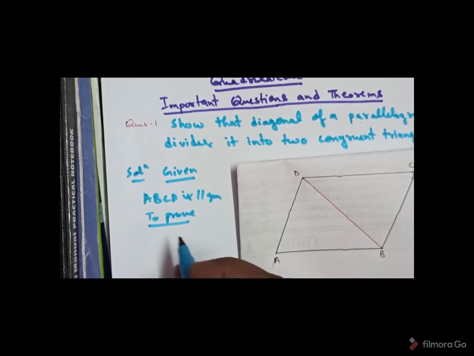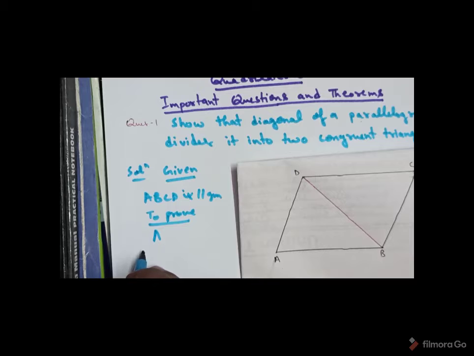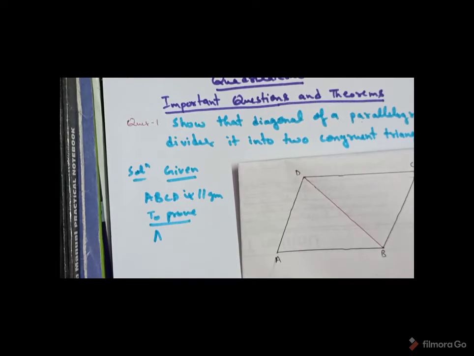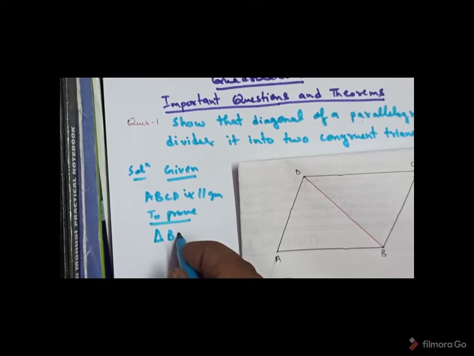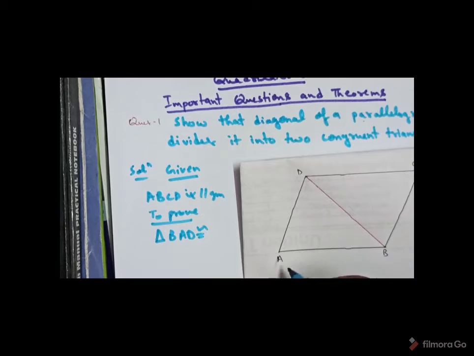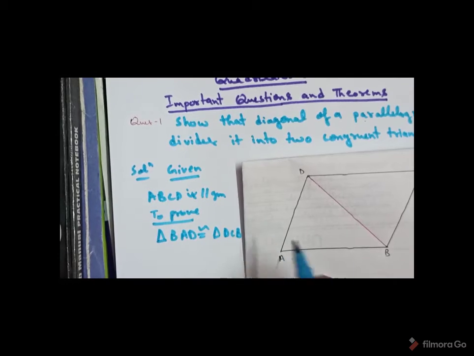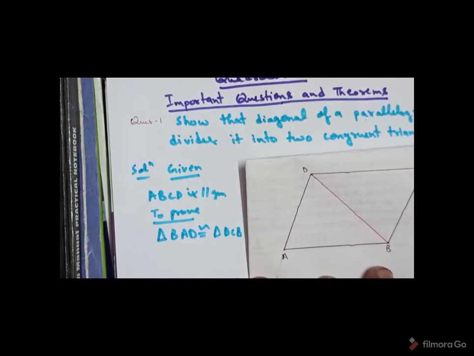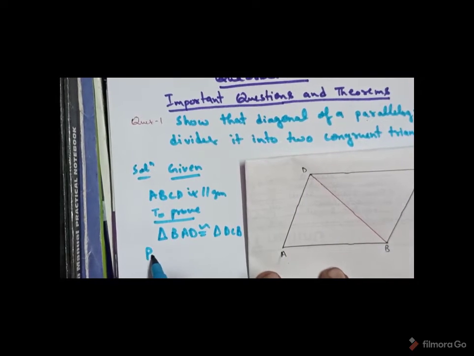So we have to prove that triangle BAD is congruent with triangle DCB. This we have to prove. Okay, starting with our proof,